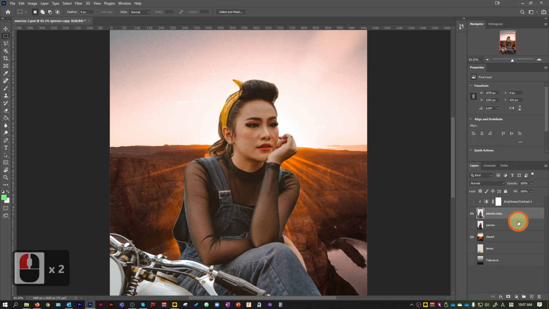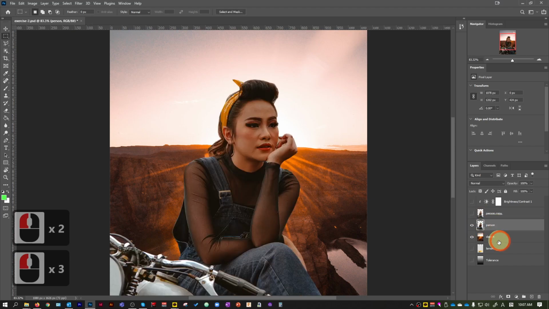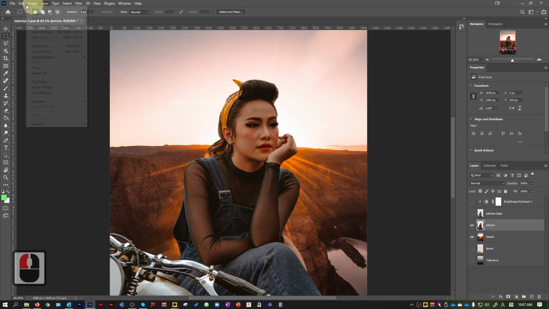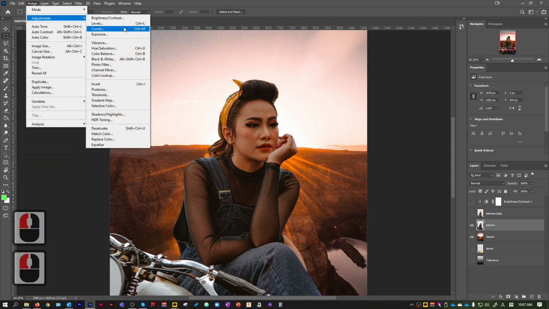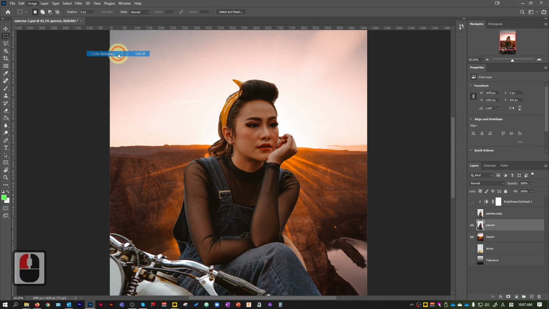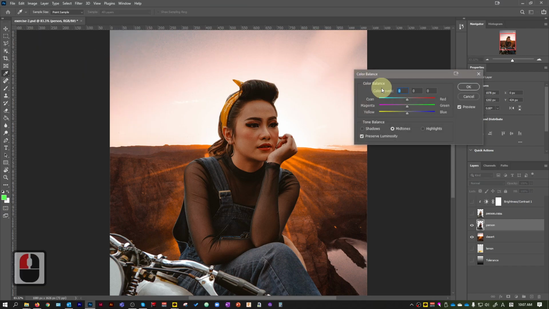So let's take a look at different types of editing that you can do. Let's go back to the destructive editing method. So we're at the person layer. Here we can also go to image adjustment, and let's play around with the color balance. Color balance is very useful, because I'm not sure you guys are familiar with color theory. By changing the color balance, you can change the mood, the feeling of the